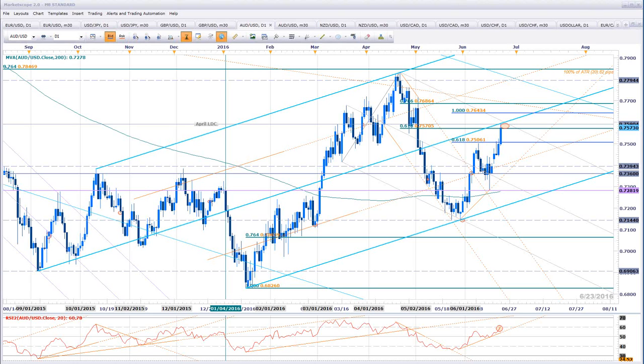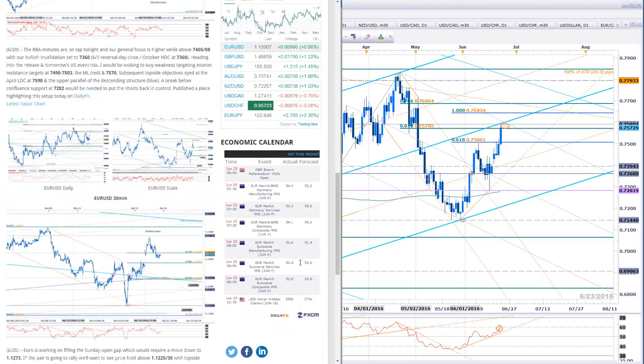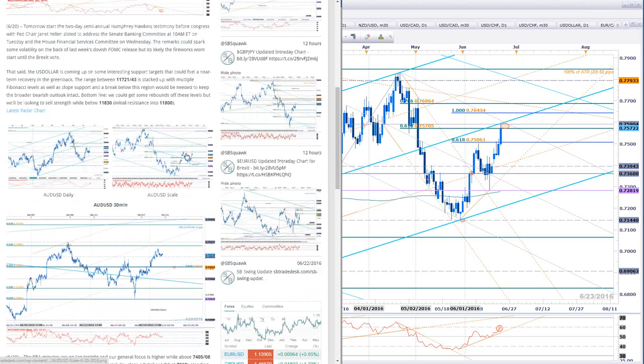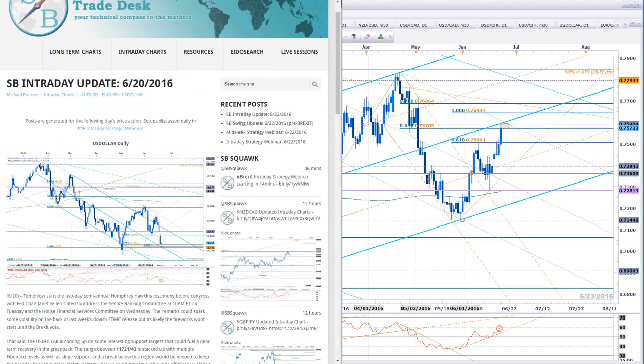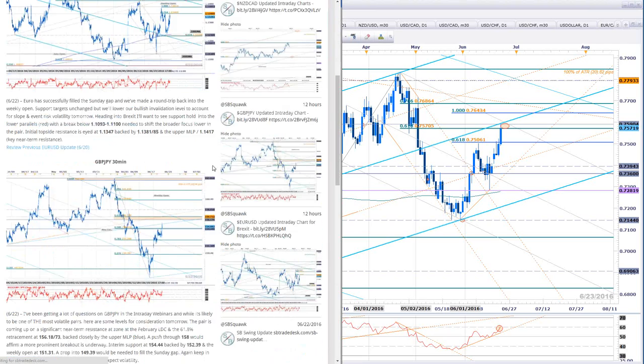Okay, we are making some progress here. Okay, moving right along. Next up on tap, I have Kiwi CAD, which we also highlighted last night. I actually put this setup also on Daily FX. I think it was an interesting play here. Not necessarily something that we want to get involved in right now, I think, but certainly looking at some major key resistance near term that we're coming into